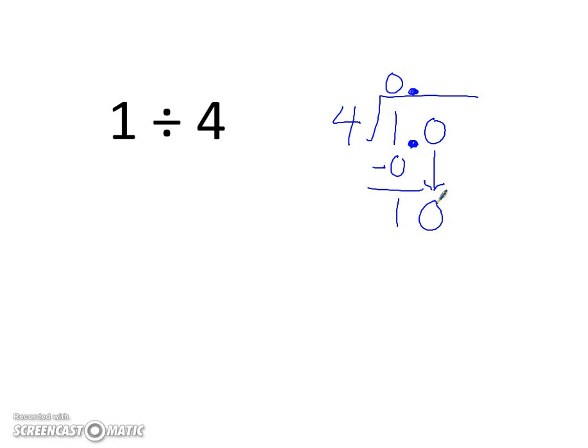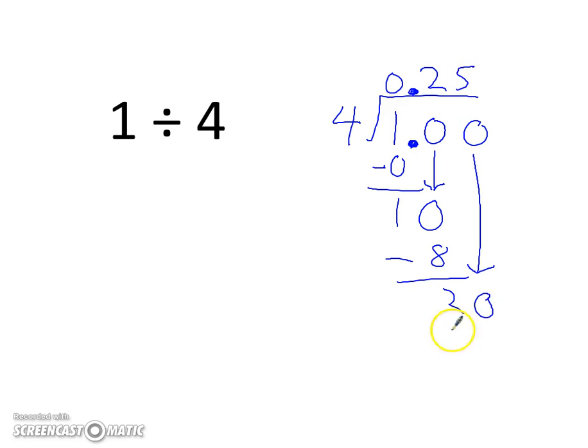How many 4s in 10? That would be 2. 2 times 4 is 8. When I subtract, I got a 2. I'm still not to a 0 on my remainder, so I'm going to add another 0 for free. 4 goes into 20 5 times, and 5 times 4 is 20. No remainder, I'm good to stop. So 1 divided by 4 is really 0.25,